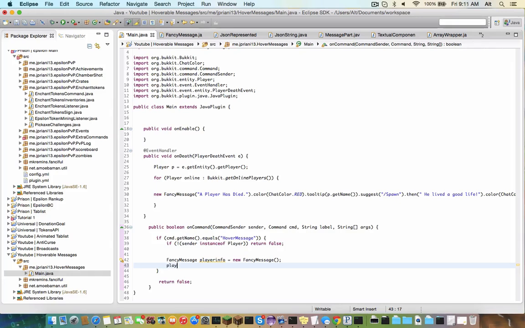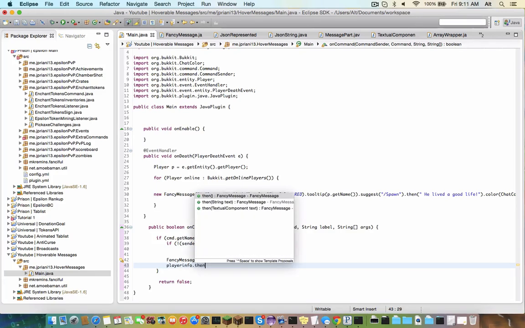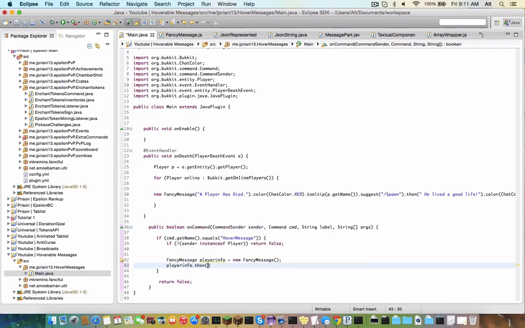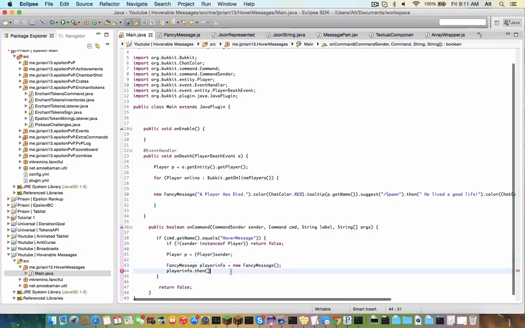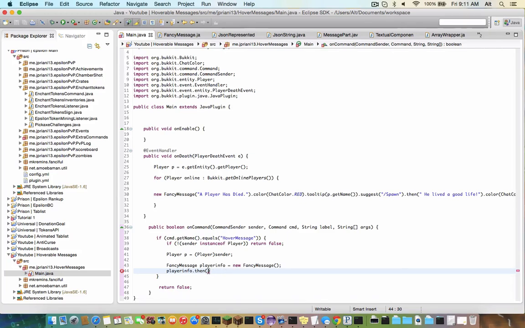So we could just do playerInfo.then, and it could be Player p equals (Player) sender. Okay, so then it could be information about player, so we could just make that a default, so it could be info about player,